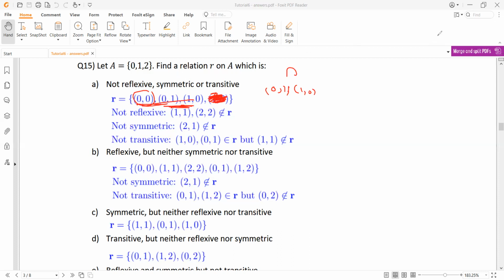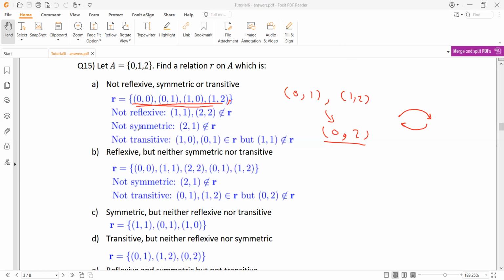But if you see this one, it's not transitive because 0 is 1 exists and 1 is 2 exists. So in order to be transitive, I need to have 0 is 2, which is not there. If you need to keep all of those, add 0 is 2 again. But be careful, if you add 0 is 2, you need to add 2 0 in order to keep the